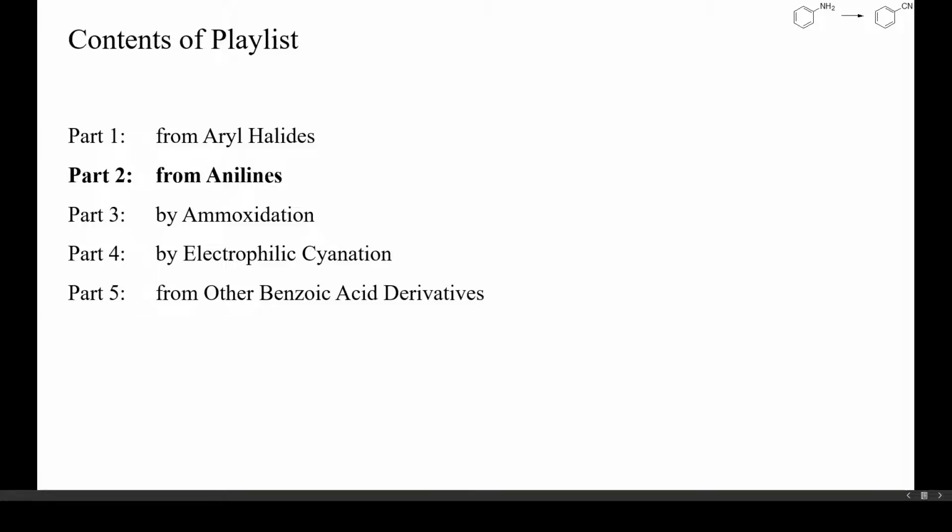Anilines are readily available, for instance by reduction of nitroarenes, and strong acids and sodium nitrite are also inexpensive. Unfortunately, the cyanation of diazonium salts is not an easy reaction and many things can go wrong. I will therefore show you many examples to highlight potential problems and hopefully provide you with suitable conditions for your